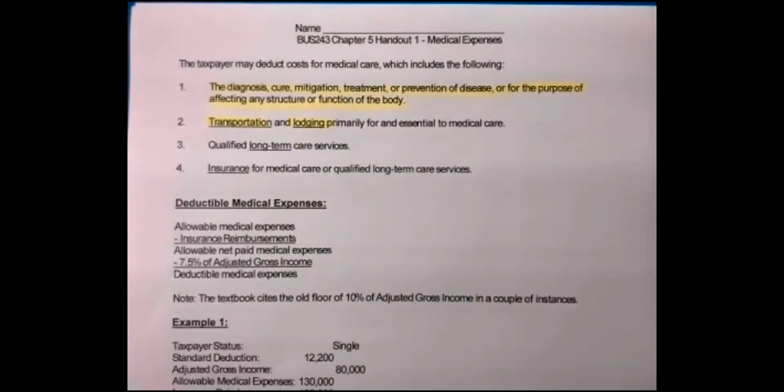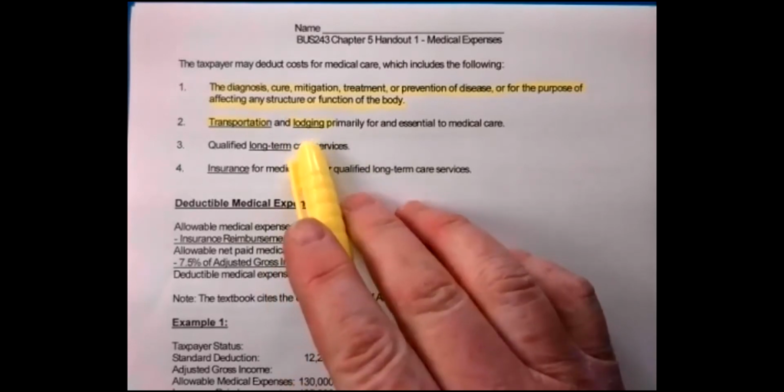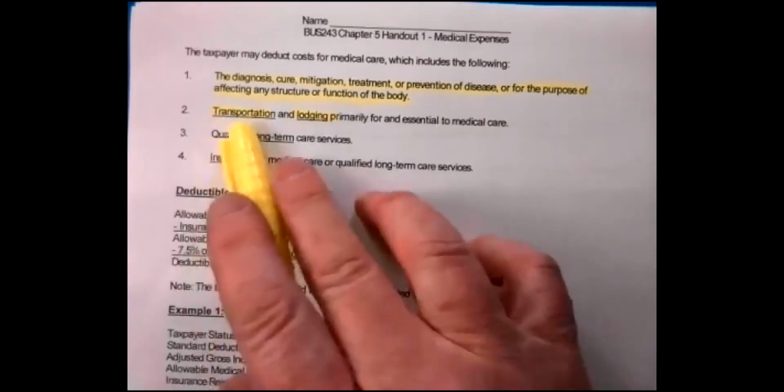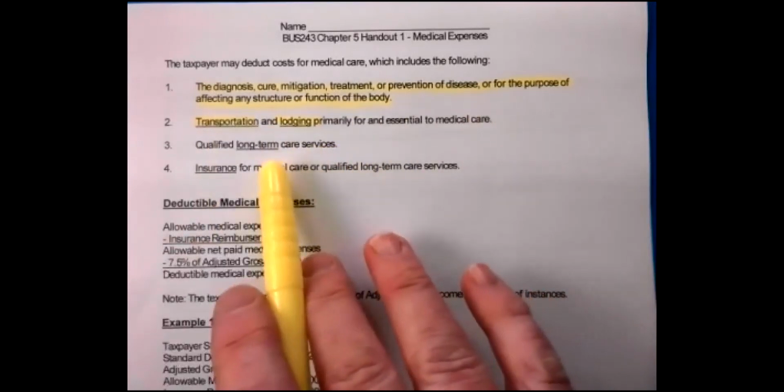So if you go to the doctor and the doctor's 100 miles away, you can deduct it. You can deduct it 1 mile away too, but you can deduct the transportation of going to and from a medical case arising. So transportation and lodging have some limitations on the lodging, and actually on the transportation too, but anyway,